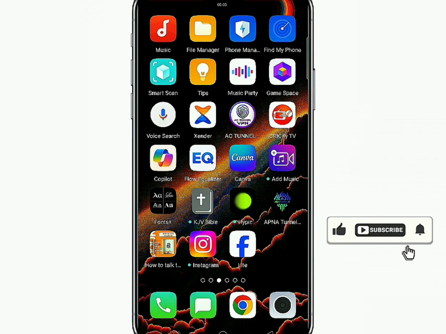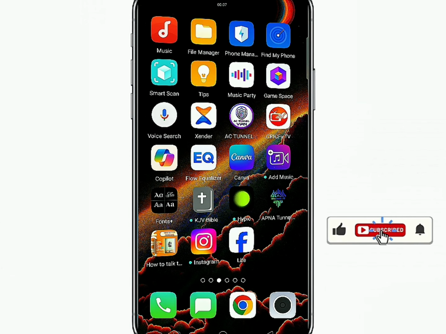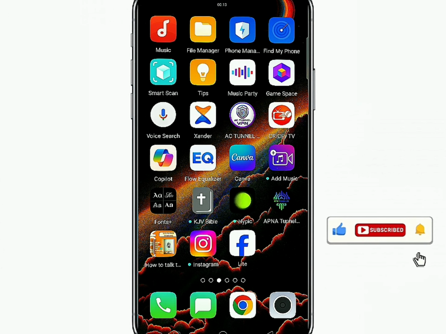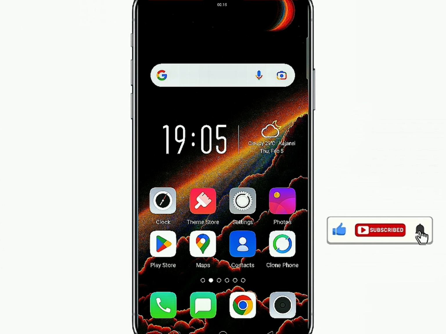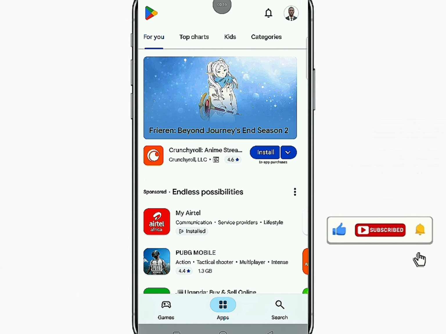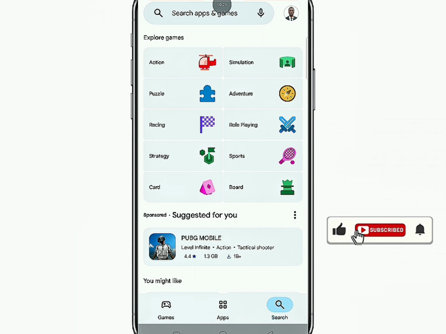In this video we're going to be setting up the BD NET VPN application in almost all countries and on almost all networks. So the first step, we're going to be downloading the application from our official Google Play Store application. We're going to search